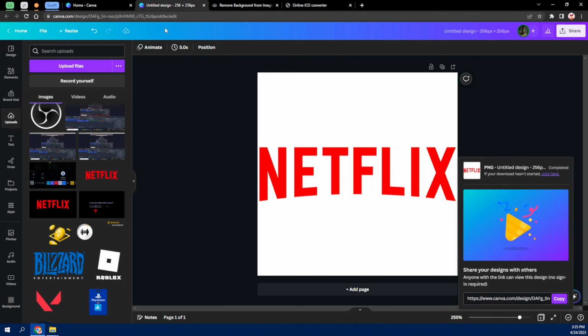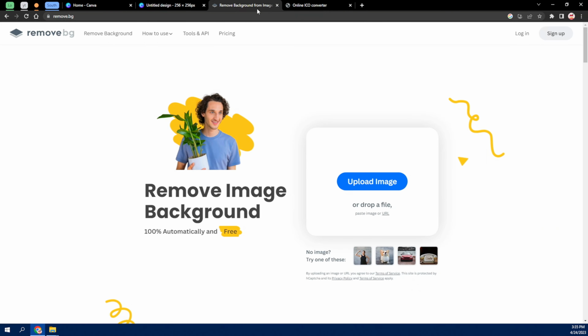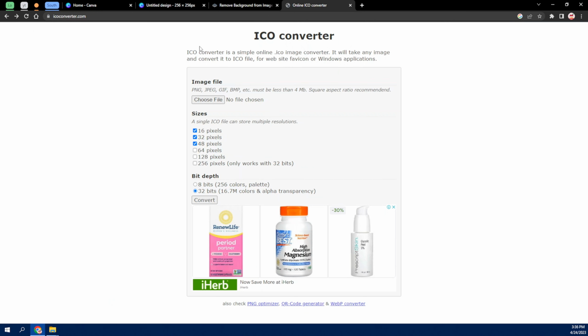your image from your Canva and bringing it to this website to remove the background and saving up your file, the next thing you need to do right now is to take your file that has a transparent background to this website here. I will be dropping the link in the description, and you have to go ahead and just check on 256 pixels, and then you have to uncheck this tree here and leave this on 32 bits, and